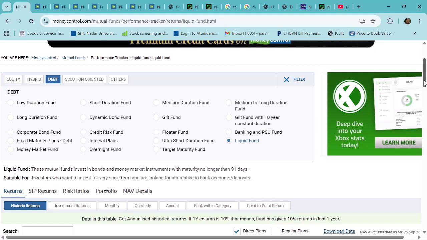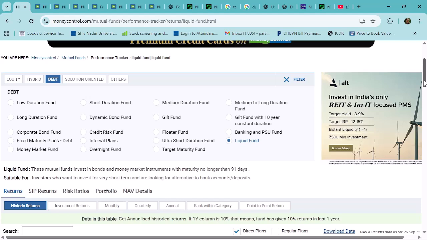Like treasury bills or CP series. I don't know whether you know these kinds of instruments, I'll talk about them. These are only invested for 91 days. Of course, they invest into these schemes for 91 days, but they always remain invested. If you buy a mutual fund, you are going to get a return. You are not invested for 91 days. They invest your money for 91 days, and as soon as the 91 days are over, they again invest into a particular category of this instrument. So this is just like a bank account.